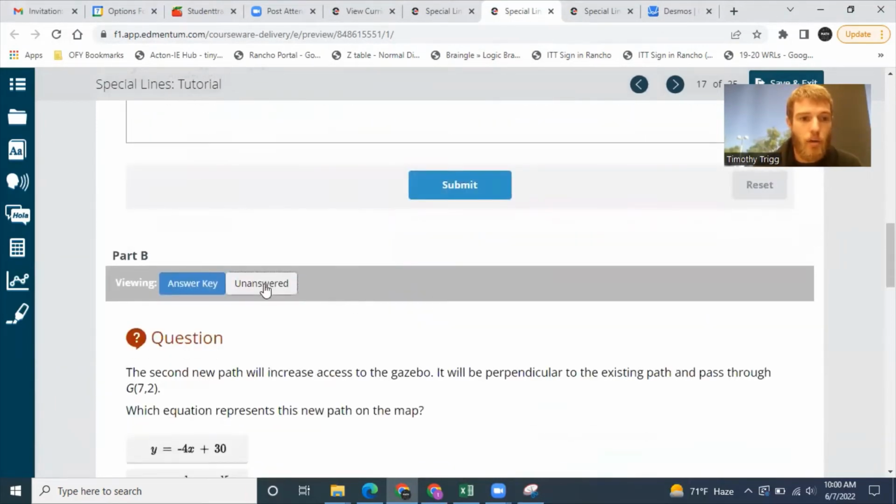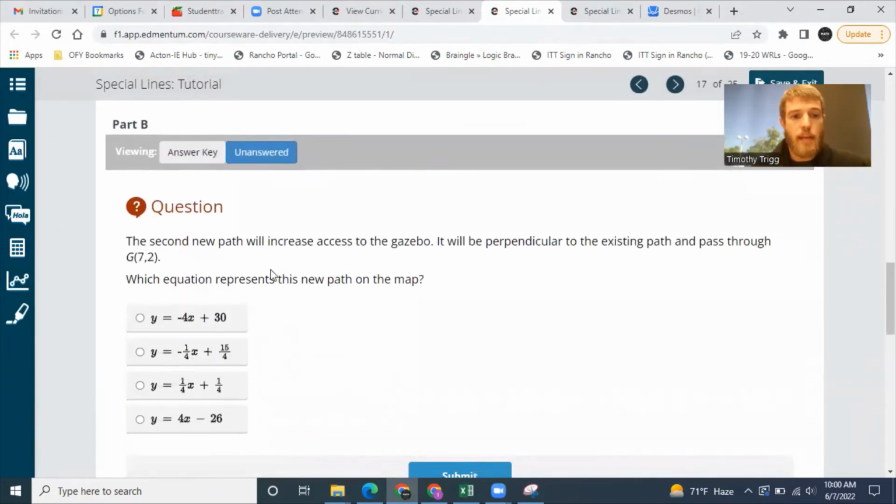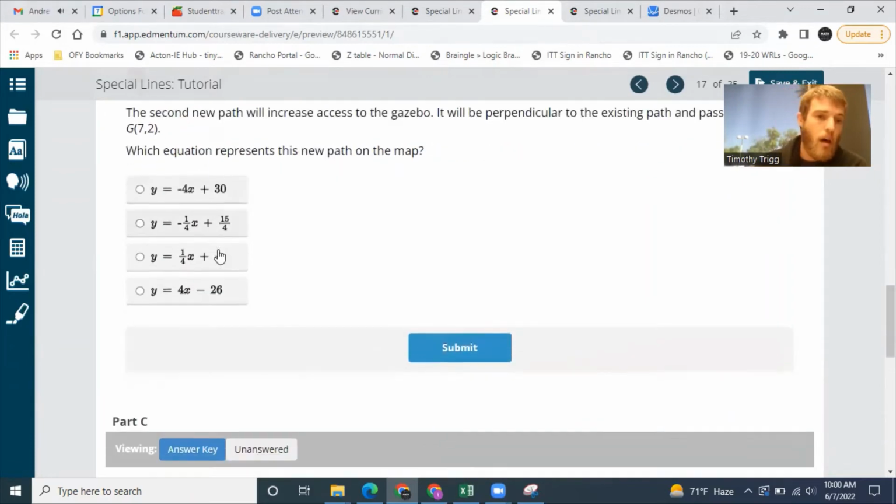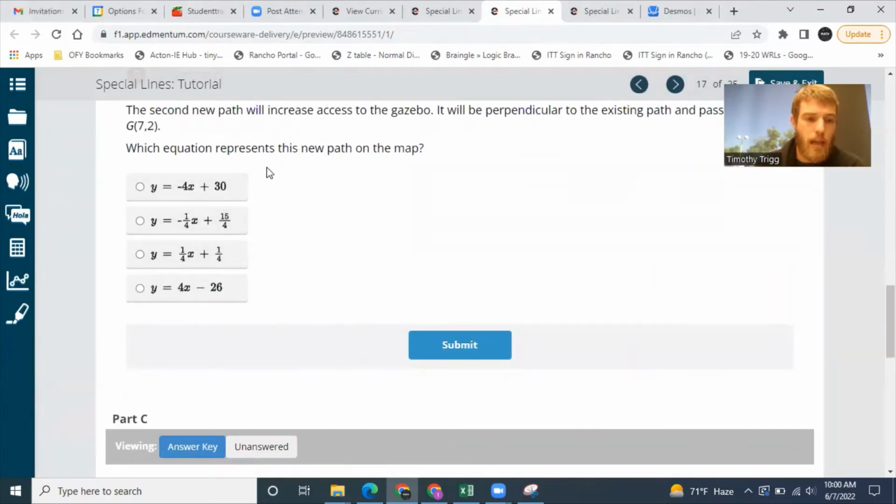Let's go ahead and go on to part B here. The second new path will increase the access to the gazebo. It will be perpendicular to the existing path and pass through (7, 2). So which equation is that? Well,